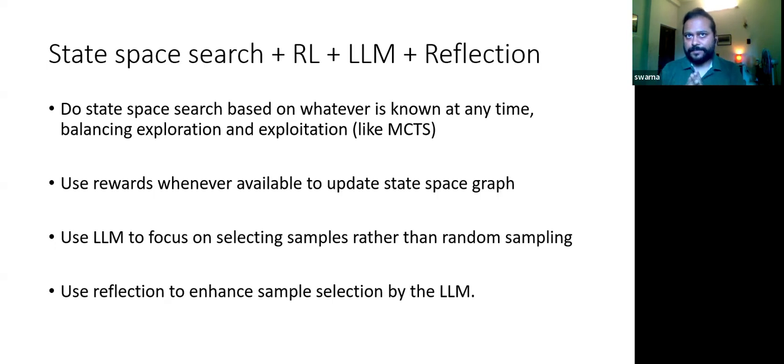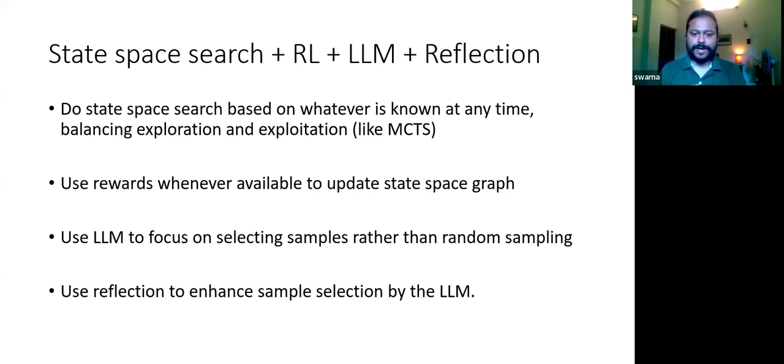And these purely LLM based approaches, they mostly ignore the rewards that are given by the environments. Now, if you're getting some rewards, probably it's a sparse reward. But if you get some reward, let's use it. Okay. So the idea is, if you're getting some reward, we'll be using it to update the state space graph, so that in future search, the value matrices are updated, and it will help us to better guide the search and better exploit the state space graph.